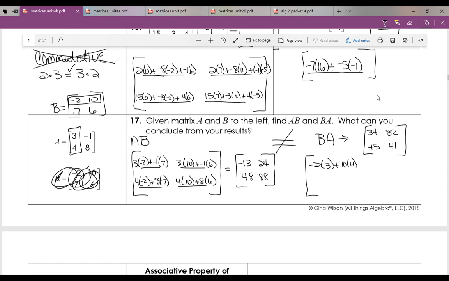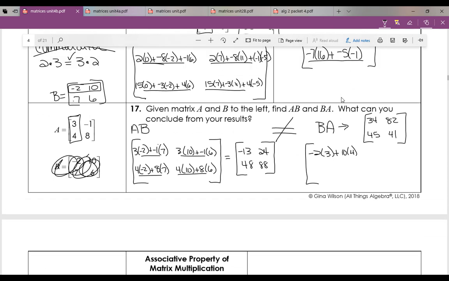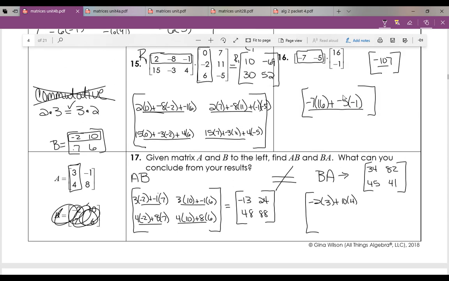Everybody good? All right. So now you have one homework assignment left. Most of you got your intro to matrices done the other day. You have 45 minutes today because we have finished